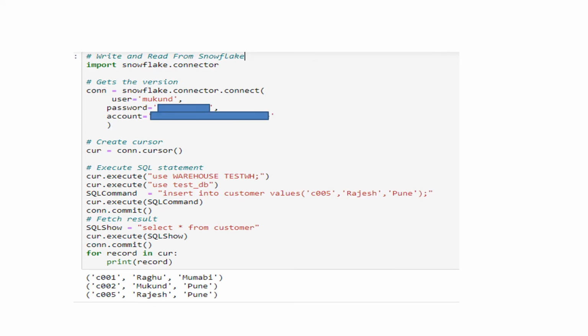As you have seen, Python is a very simple program. Even if you are not from a Python background, you can easily understand the flow. In this particular program that we are writing, we are just inserting one row into the customer table. If you go through the program, you can easily understand the flow.